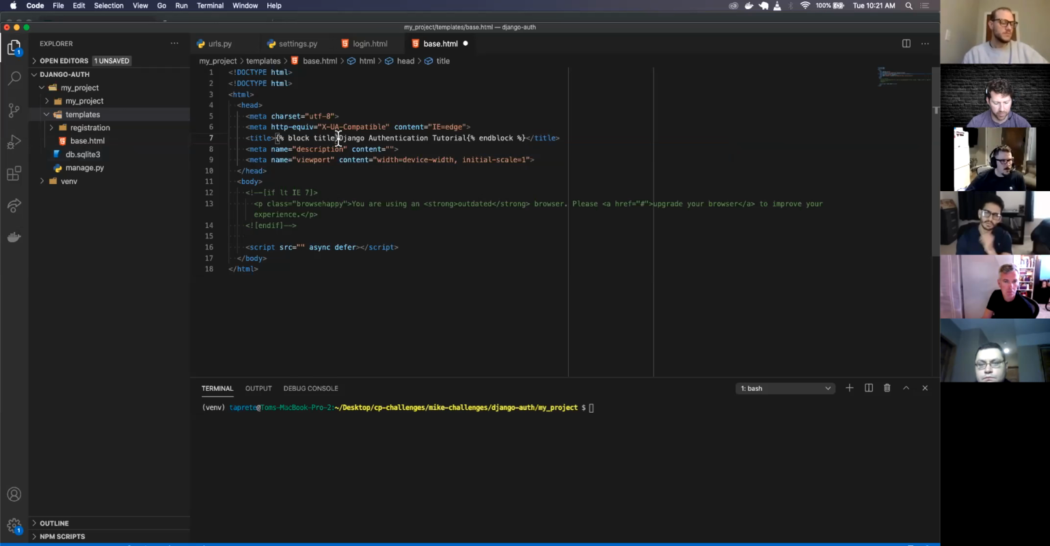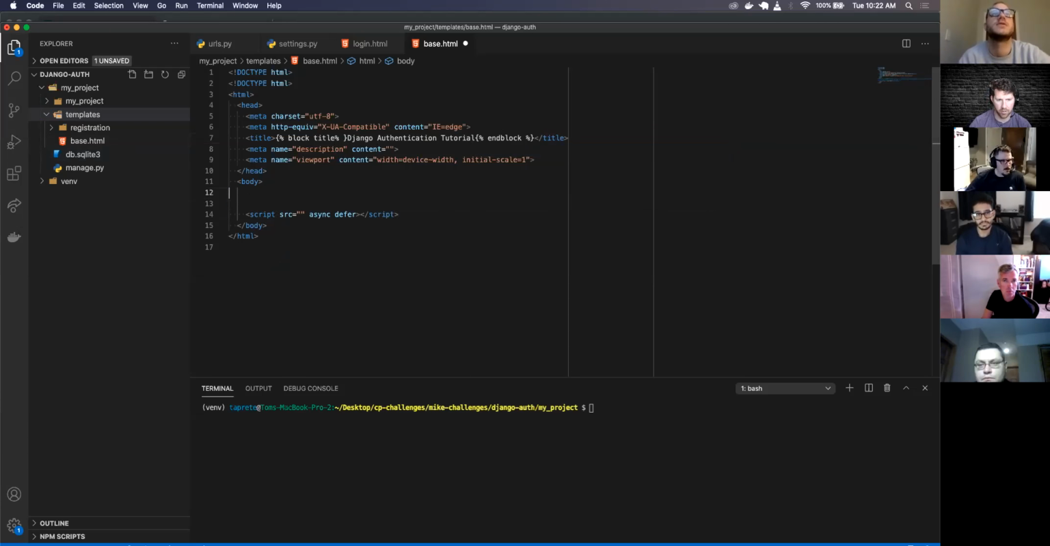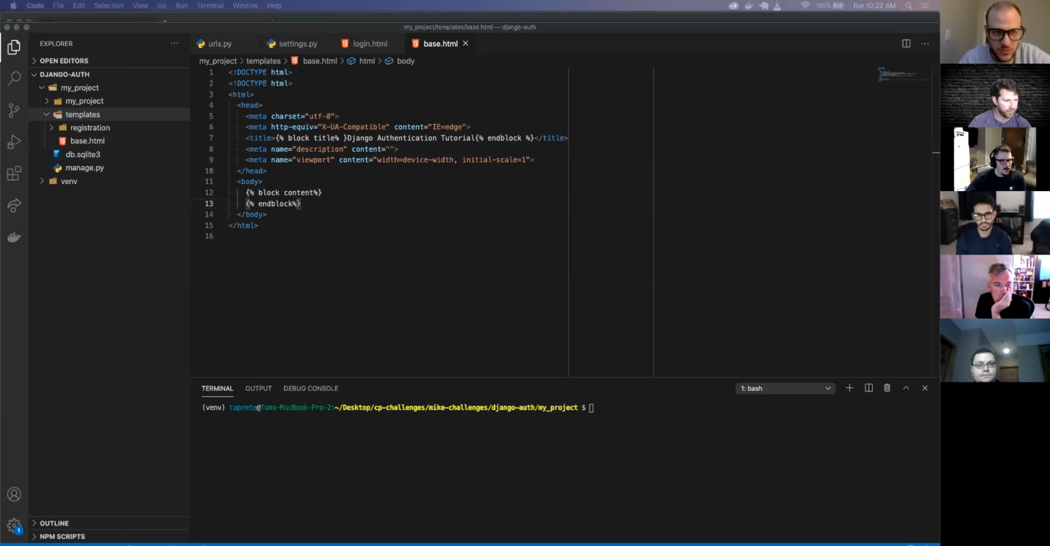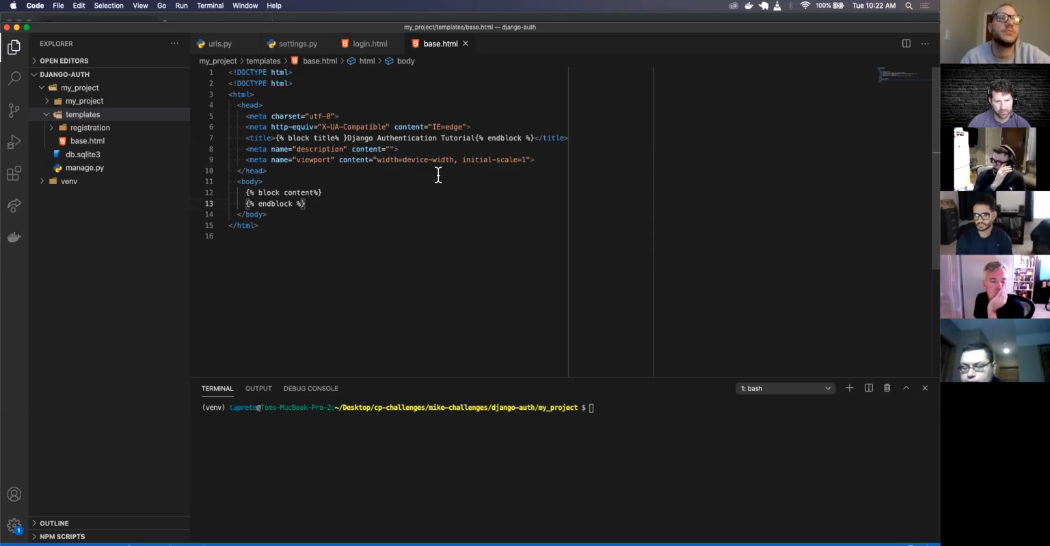I think I also need this here. So there's the block title, and then inside of our body, just kind of like how we were doing yesterday, we can say here is going to be our block content of other templates. Then we can do end block. All right, let's see if this works. All right, we have our base, and now